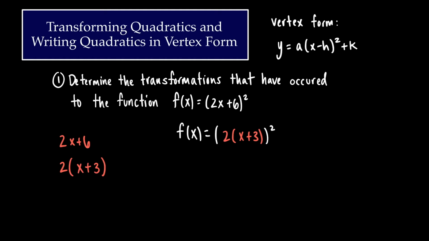So if you think about this for a second, if we took 2x plus 3 and we squared that, that would be the same thing as saying 2x plus 3 times 2x plus 3. We're just going to multiply it by itself. If we were going to actually multiply this out, what would we get? The 2 times the 2 would give us 4, and the x plus 3 times the x plus 3 would give us x plus 3 squared in parentheses. So what's going to happen here is we're going to pull that 2 out